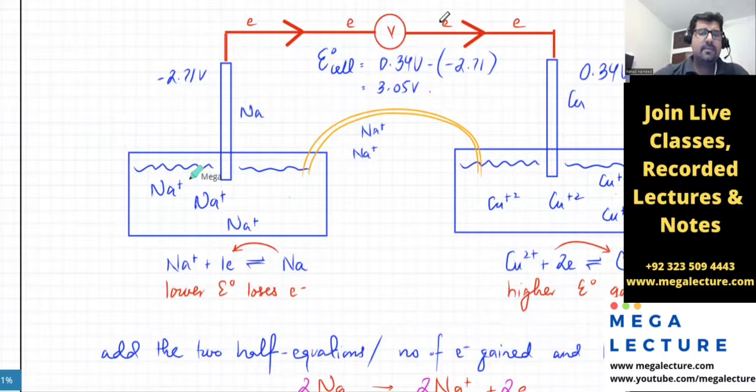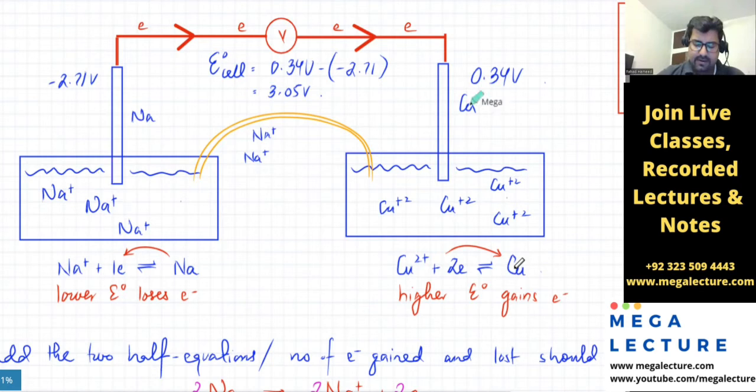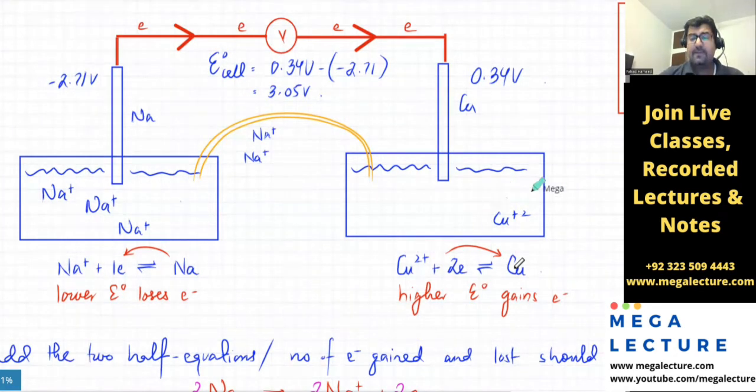And a similar thing kind of applies to the other side as well. Okay, what's happening here? The copper ions are turning into copper, right? So slowly what will happen? All the copper ions will start turning into copper, right? So there'll be fewer and fewer copper ions. So who's attracting the electrons? Who's gaining the electrons? The electrons are coming from the other side, and they're supposed to be gained by the